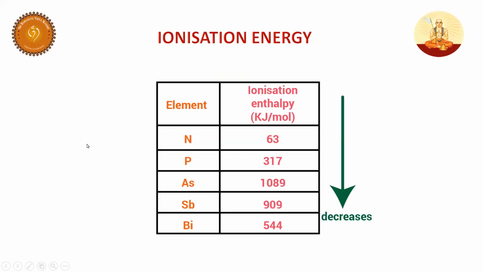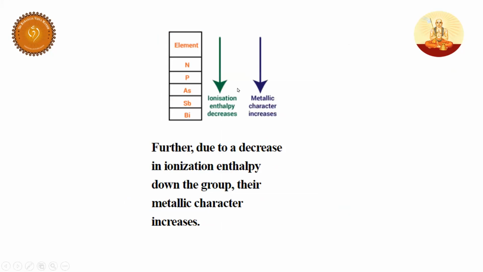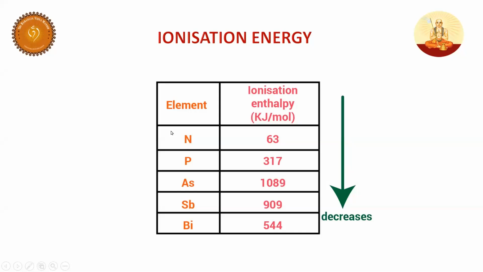Now, ionization enthalpy. Ionization enthalpy is a very, very important concept as far as competitive examinations are concerned. So students, have a look here. Nitrogen, phosphorus, arsenic, antimony, bismuth, when compared to the sixth group, have high ionization enthalpies because they are half filled. The first IP of nitrogen is greater than oxygen. You already know it.